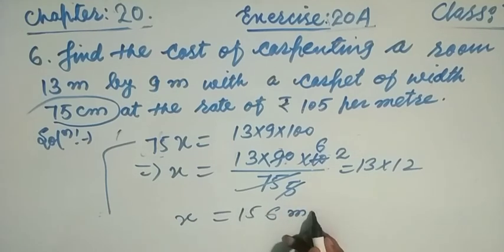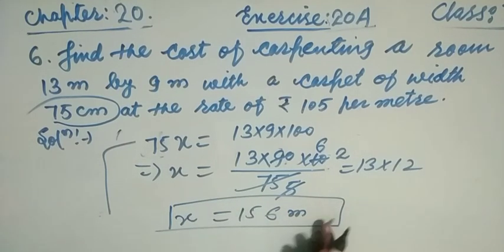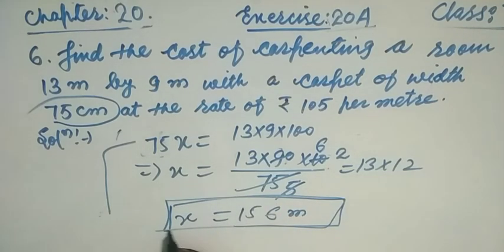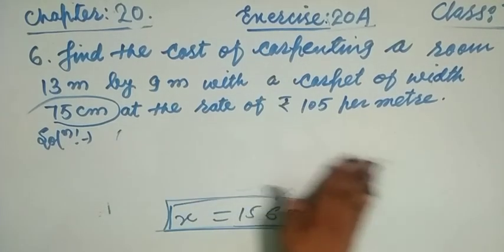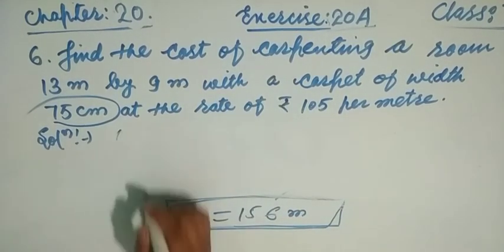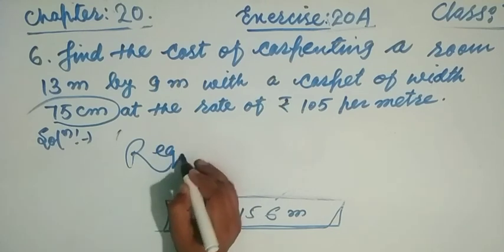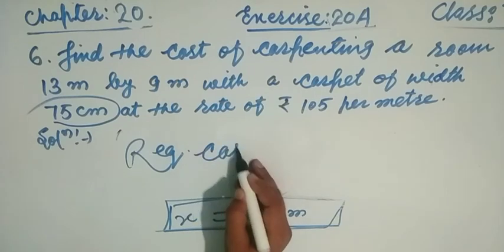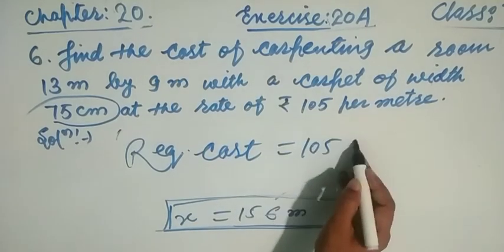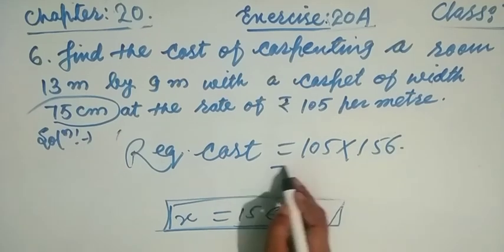156, this is meter square. Okay friends, this is meter, sorry. Now friend, here we got the length of the carpet in meter, this is the required length of the carpet, so that the carpet completely covers the floor of the room. Now friends, we have to multiply to find the required cost. The required cost of the carpet is 105 multiplied by this length,